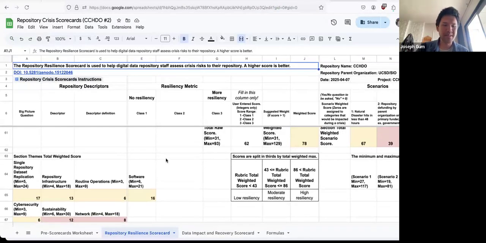I thought the staff of a repository data facility would generally have the same perception, and the fact that their scores are almost 30 points apart was very surprising to me. So I would strongly suggest to have different members of, or all the staff of, a data facility, repository, archive try to fill this out, and for groups to generally compare the results and discuss amongst themselves, look, what is happening? Why are there any discrepancies, or what do we think we can improve?